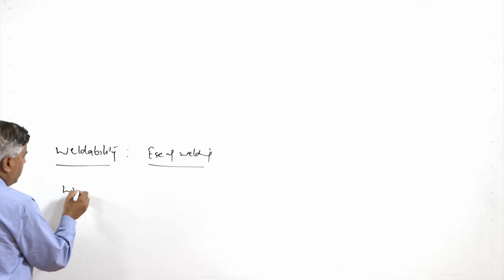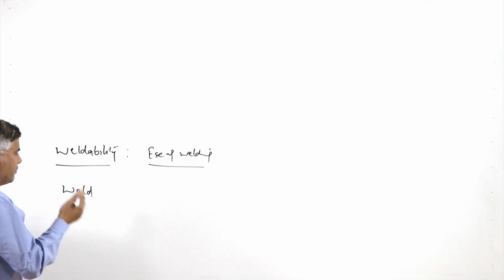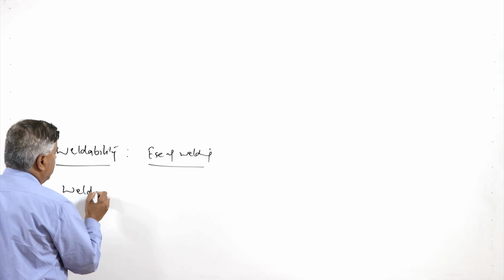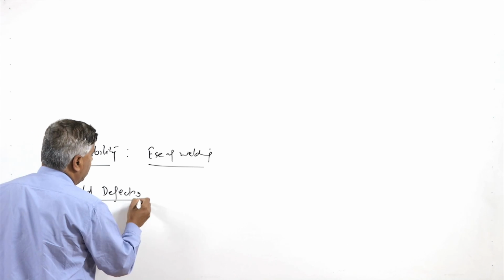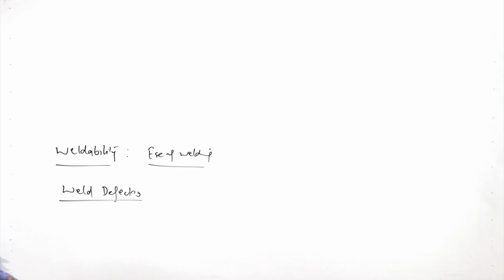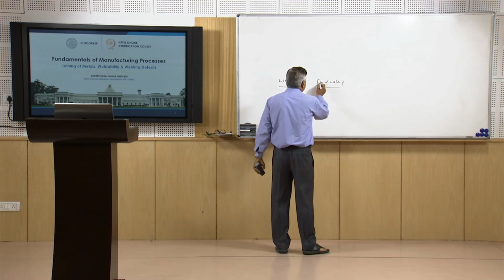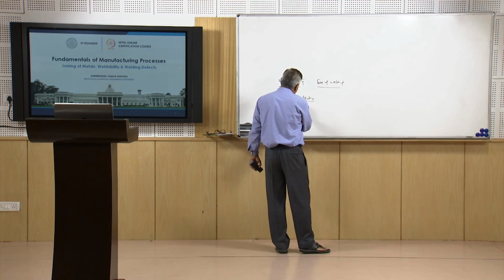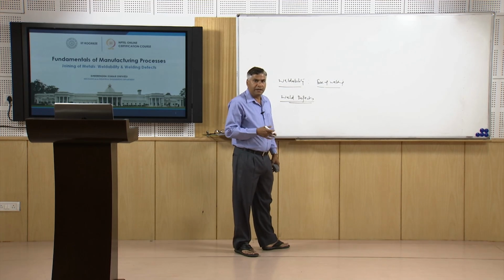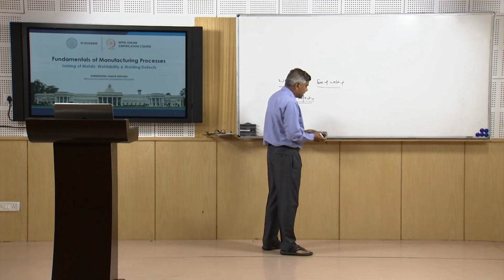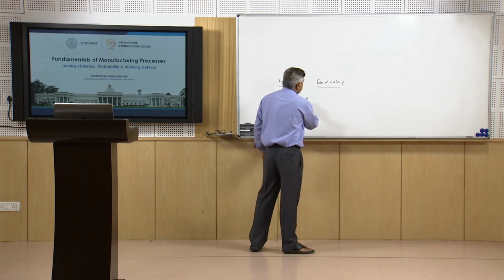Another one is that when the welding is done by either solid state joining processes or fusion welding, it results in a number of discontinuities and defects in the welding, which degrade the mechanical as well as the corrosion performance of the weld joint. So, it is important to know what are the various kinds of defects and discontinuities formed in the weld joints, especially in fusion weld joints, and in which way those discontinuities can be taken care of. So, these are the two aspects about which I will be talking in this presentation.